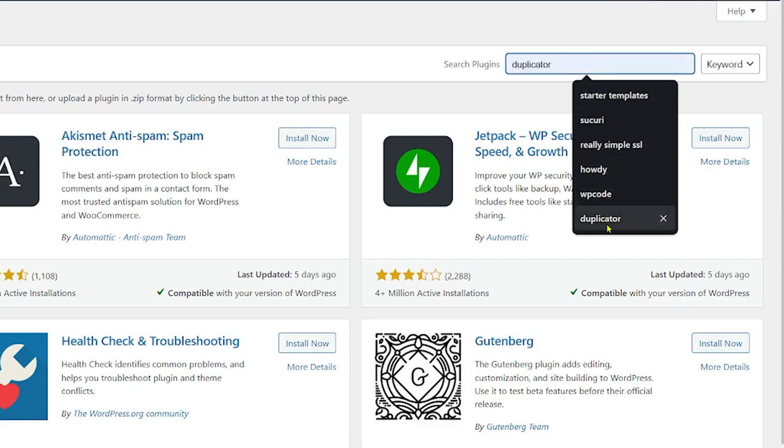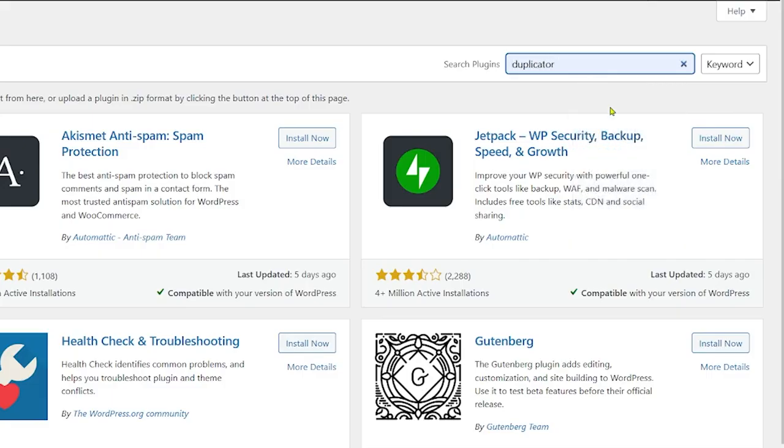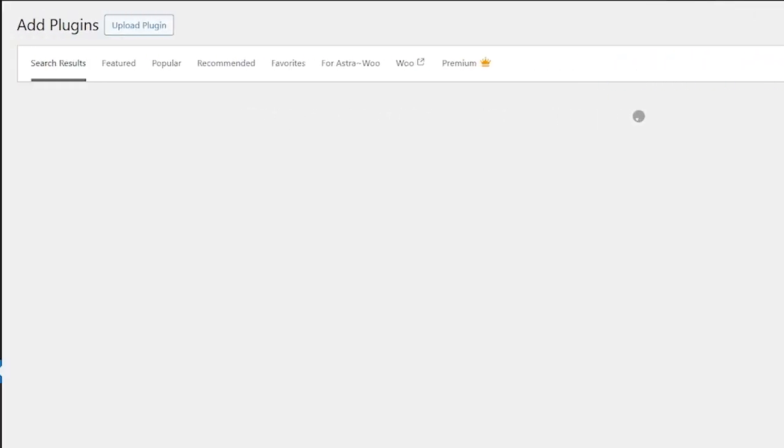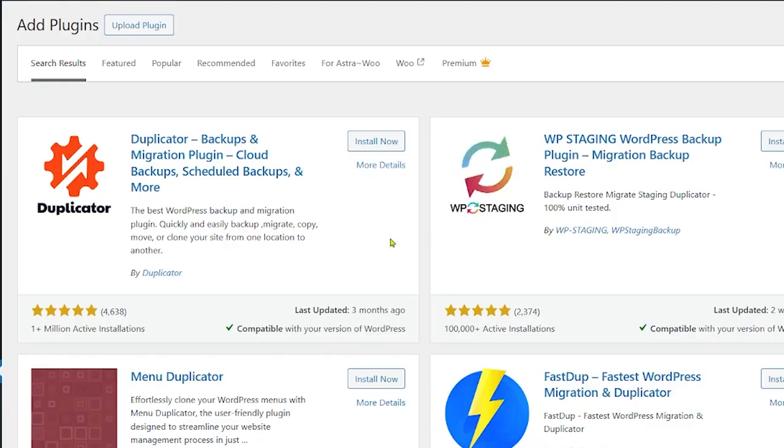I can actually see here that I have searched for it before. So let's click there and go enter. Top option, left-hand side right here. This is what we're looking for: Duplicator backups and migrations. So we're just going to click on install now. This is going to take a second, and as soon as it is done installing, like that, we're going to be able to click on activate. It's almost like I knew if I talked for long enough, the install would be done and I could activate